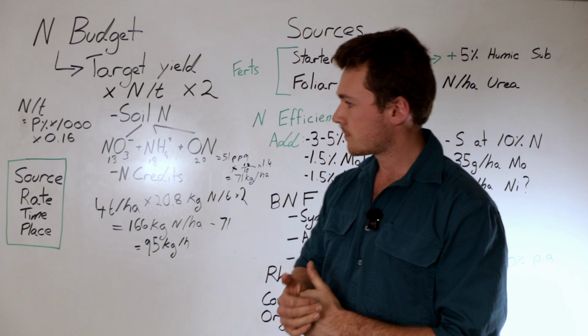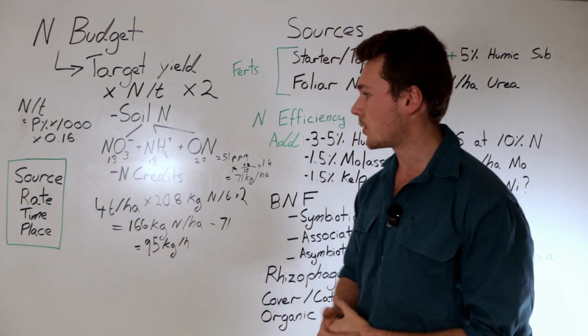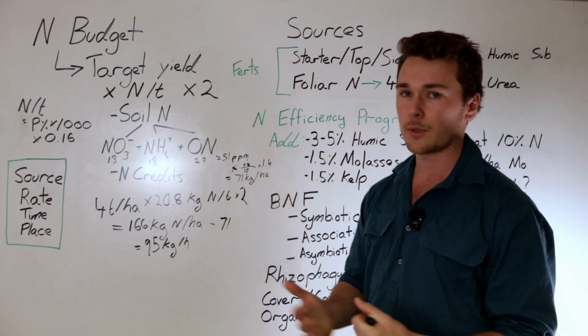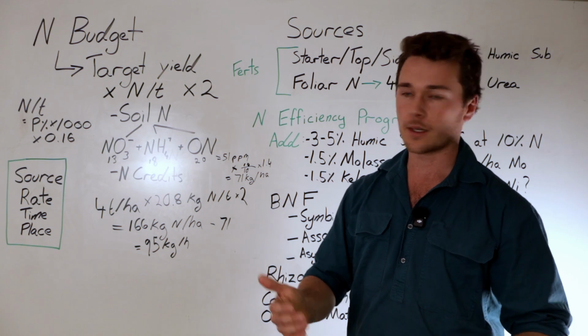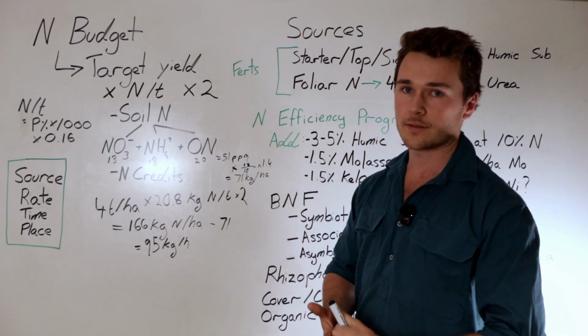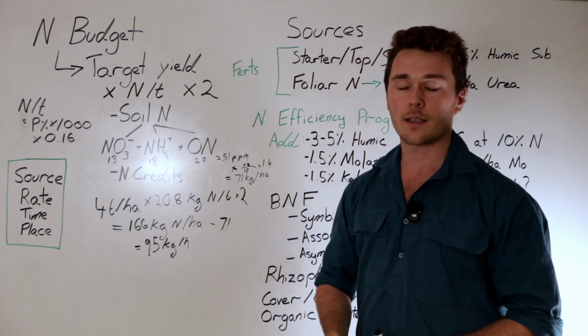Where are we going to place it? So all these things we've got to factor in, as well as the price. The price is also very important. We don't want to splurge too much on the finest amino acid foliar sprays because it's just going to be way too expensive. But nevertheless, how are we actually going to get this 95 kilos a hectare of nitrogen to